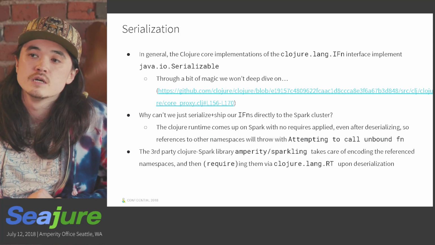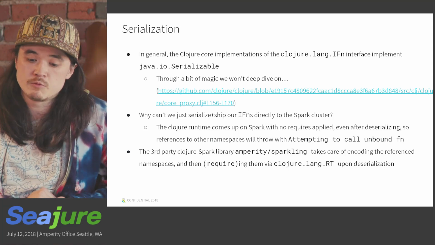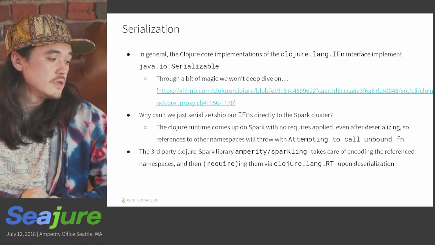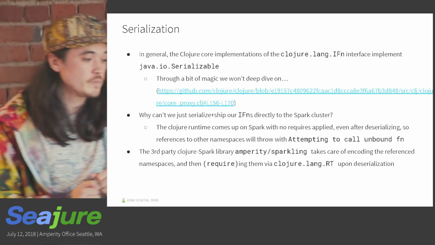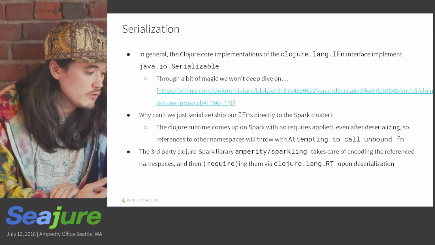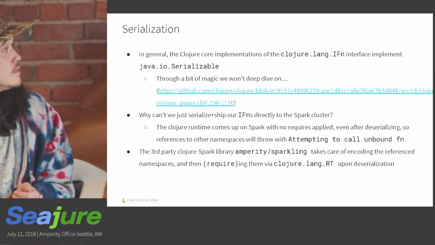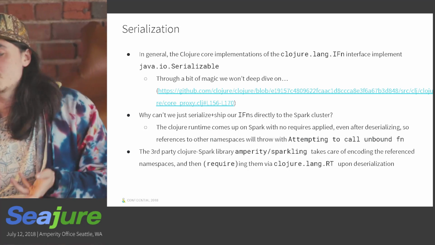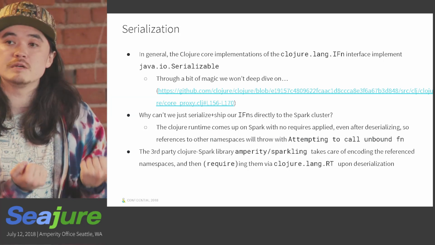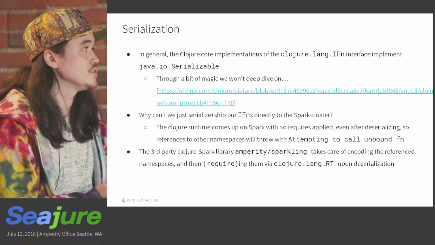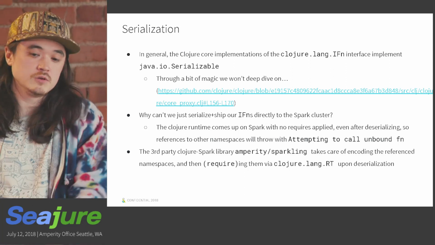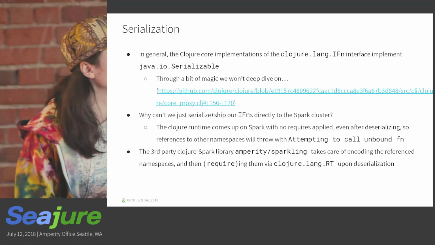So immediately, an implemented IFn, or I function, would be quite serializable, as opposed to some other programming languages that might make it troubling. In general, the Clojure core implementations of the Clojure Lang IFn interface actually do implement Java's Serializable. So we can just feed it to an output stream, and it will serialize the function.